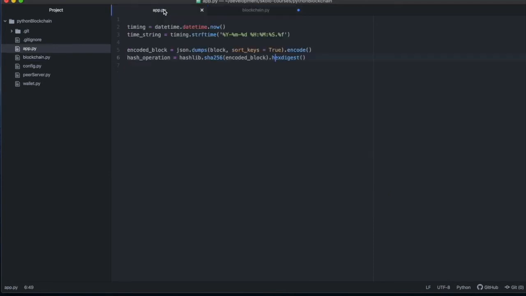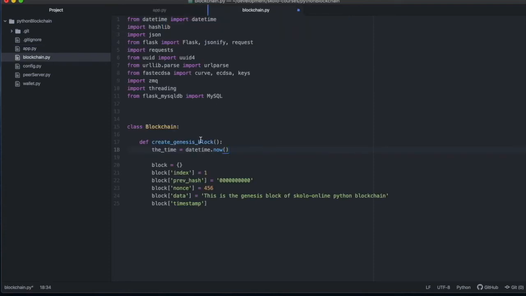Okay, and I have it in here somewhere. I've put my notes here because I don't want to forget. Okay, so the format especially. So the timestamp will be the time